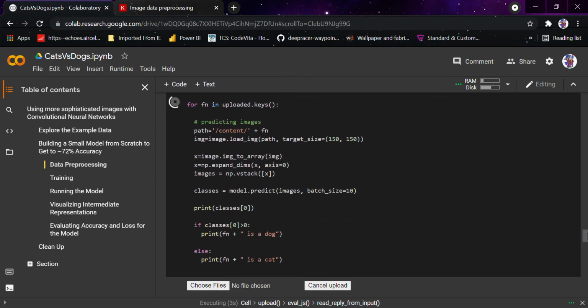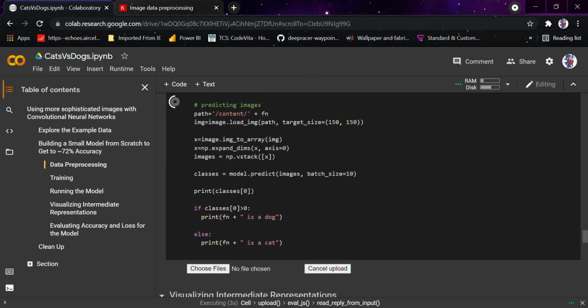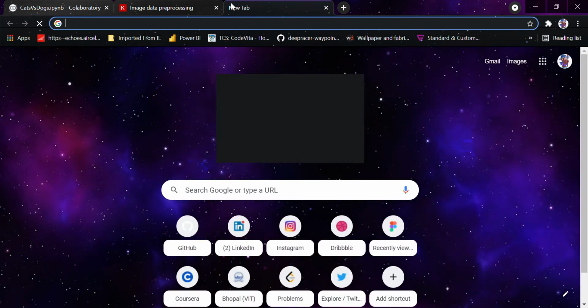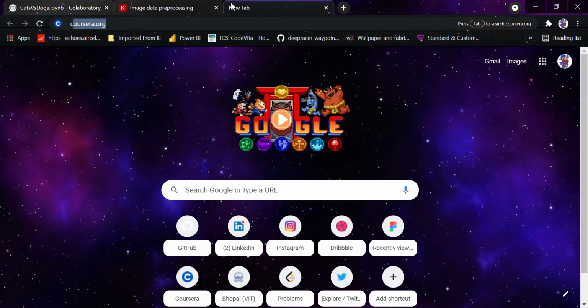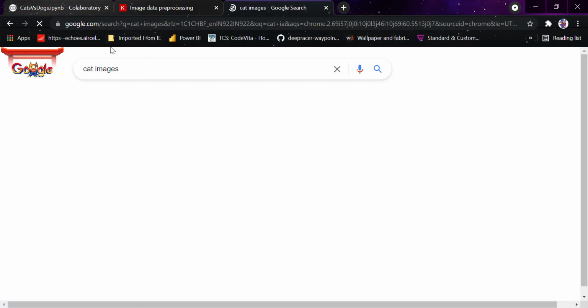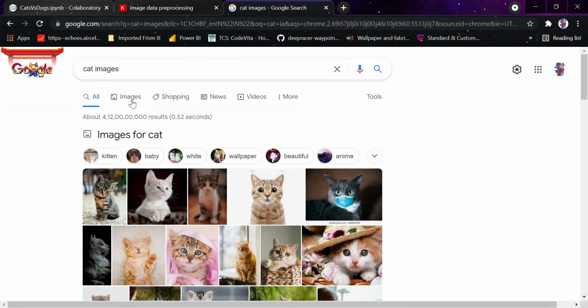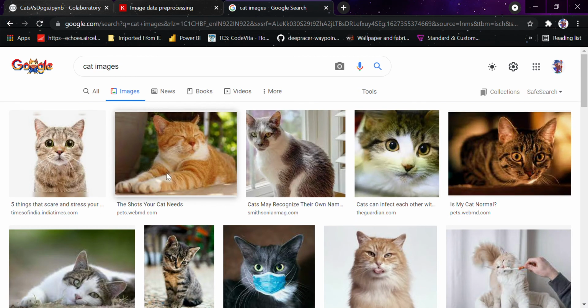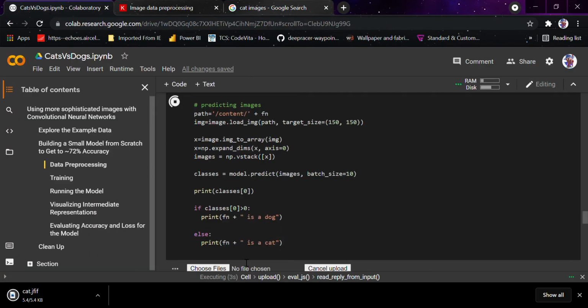So now we would be running the model. You can go to any image here and type cat images, and I would be directly using the cat images from here. I would be importing that image here, and then you can test the value. I would be doing it just in front of you. So I would be putting it as cat, and then choosing files.